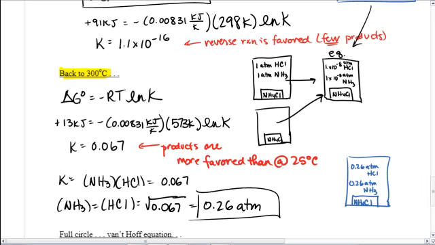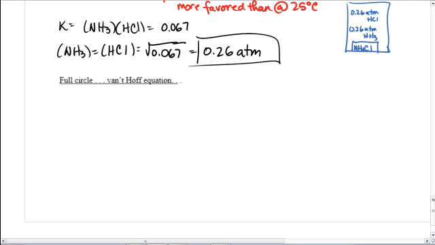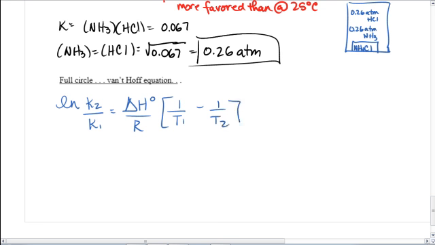Okay. Almost done. Full circle. Van't Hoff equation. Please tell me that sounds vaguely familiar to you. Okay, good. Like that one wasn't that old. All right, Van't Hoff equation. Natural log of K2 over K1. This is one of our 3 that has the same format here. This is the change in enthalpy versus the temperatures. So the Van't Hoff relates change in temperatures to how the equilibrium constants change. Well, we've just found the 2 equilibrium constants at 2 different temperatures, so we're going to use that to find